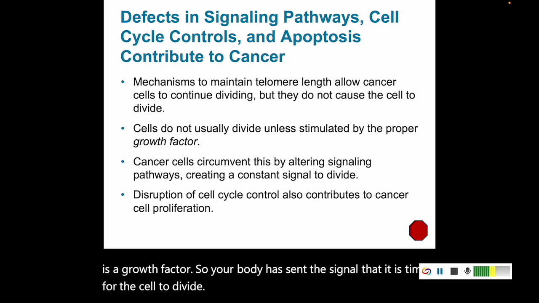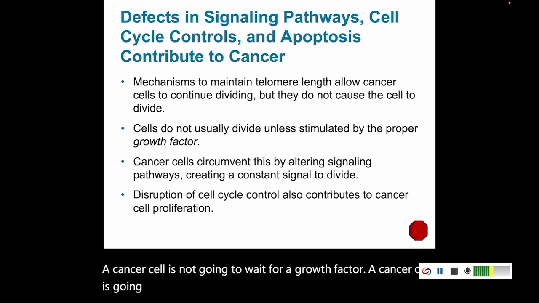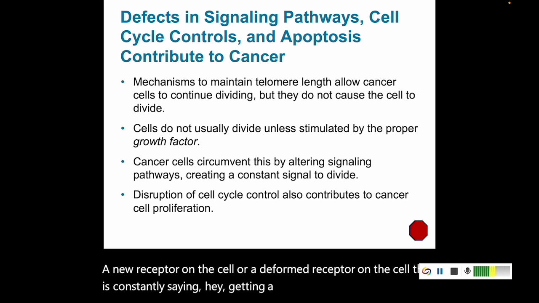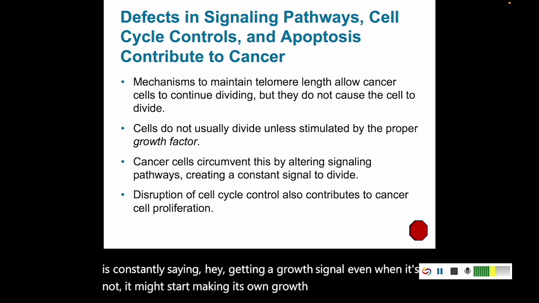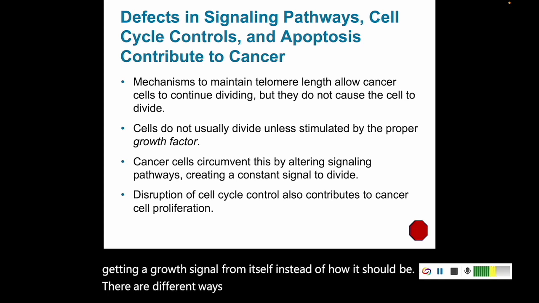A cancer cell is not going to wait for a growth factor. A cancer cell is going to create its own signal to divide. It might create a new receptor on the cell or a deformed receptor on the cell that is constantly saying, hey, getting a growth signal, even when it's not. It might start making its own growth signal, so it's constantly getting a growth signal from itself instead of how it should be. There are different ways that cancer cells are able to grow even when there's not a healthy